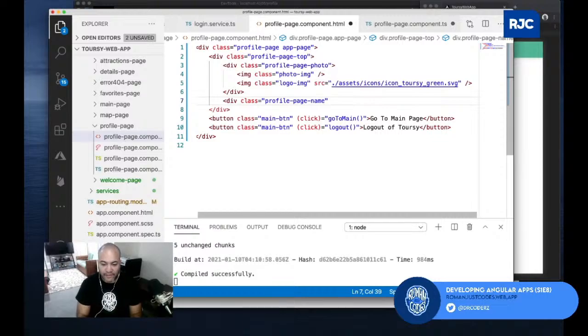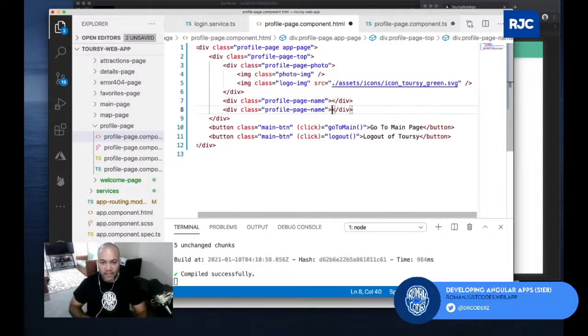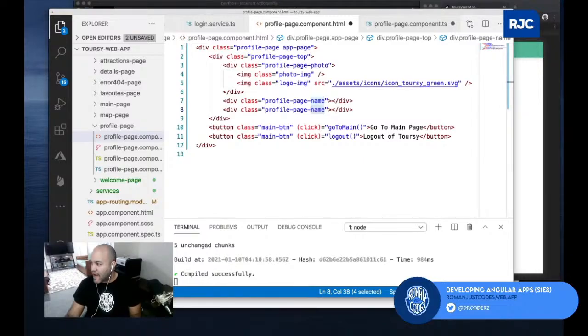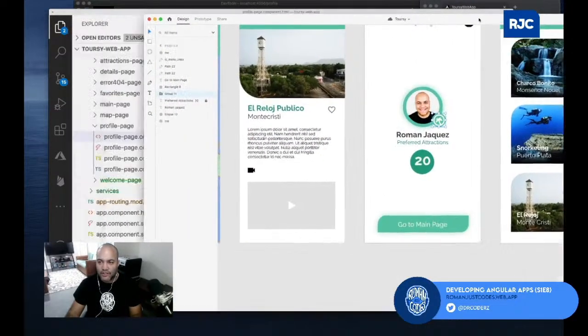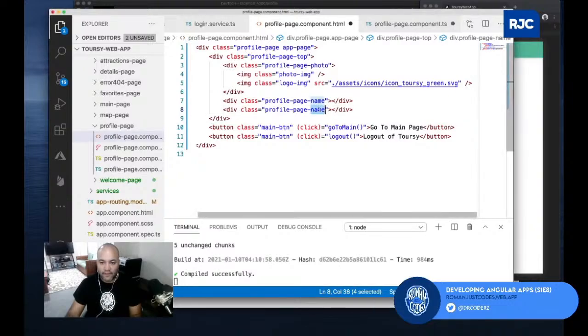Here I will display the name of the user. I'm gonna need another one for the label that says preferred attractions. I think it's called like that. So let's just call it label. And then I'm just gonna hard code it, and I'm gonna say preferred